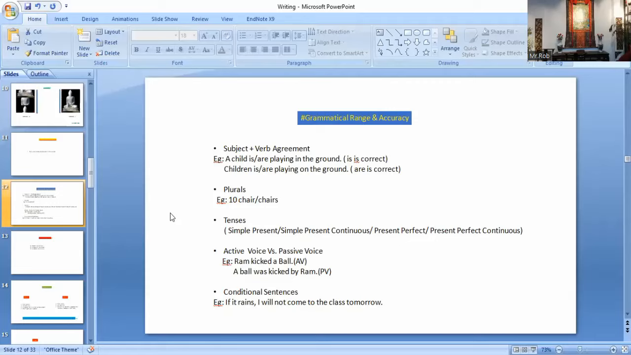Similarly, plurals. For plurals, for example, if there are 10 chairs, you have to write 10 chairs and don't write just 10 chair. You have to write the s as well. So try to use plural subjects correctly. And another thing is